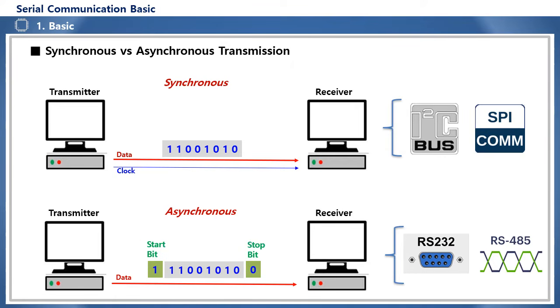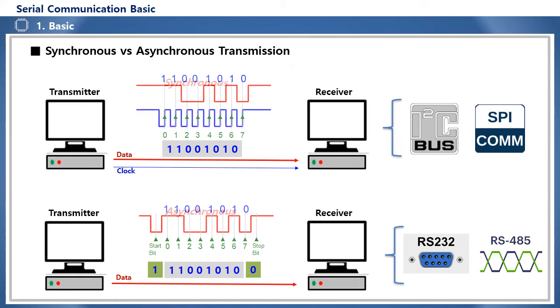Asynchronous communication sends only data, so start bits and stop bits are added to the beginning and end of the transmitted data so that the receiver can know where the valid information begins. In general, in this asynchronous transmission, the size of the data sent at one time is sent as a character, that is, 1 character at a time. And the transmitting and receiving parties pre-stipulate the communication protocol, such as the communication speed and data format.